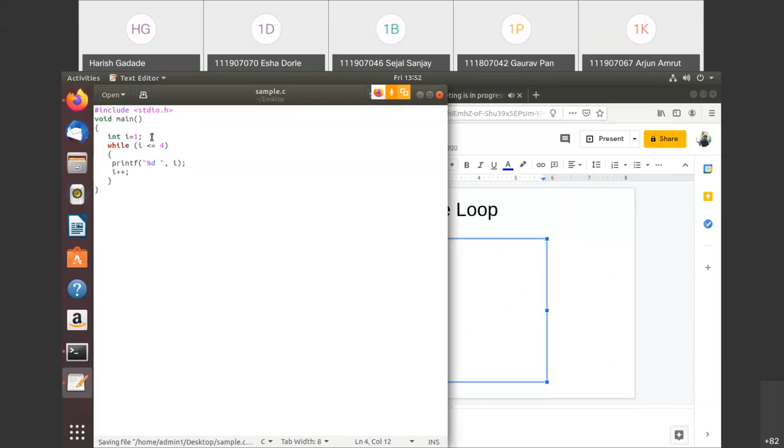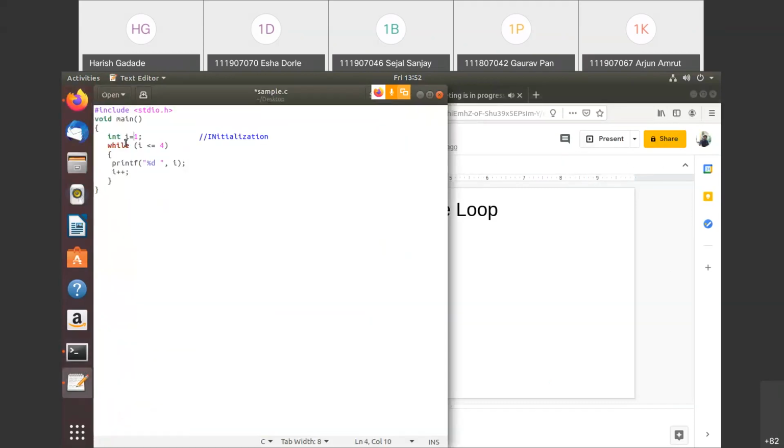Now see, this is the initialization. The initial value is 1, as we assign i equals 1, so that is fixed. When I initialize int i, one block in memory is reserved and that block name is i, and initially it has a garbage value. When I assign 1 to i, the garbage value is replaced by 1. Getting this? Now the value of i is 1 here.